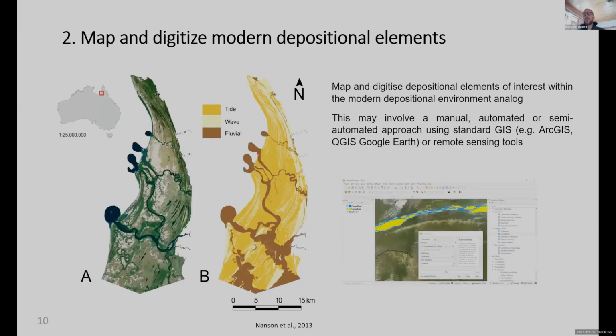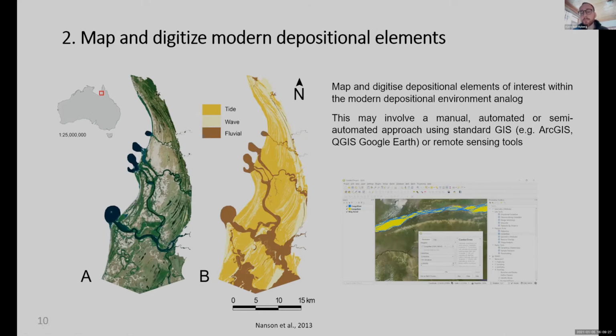But anyways, once you find a sedimentary basin or sedimentary system that is analogous to your ancient environment, the next step is to map and digitize those depositional elements that you find within that sedimentary system. And this is an example from Australia in the Gulf of Carpentaria of the Mitchell Delta, which is a forced regressive